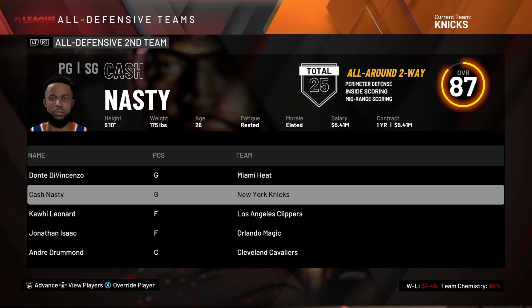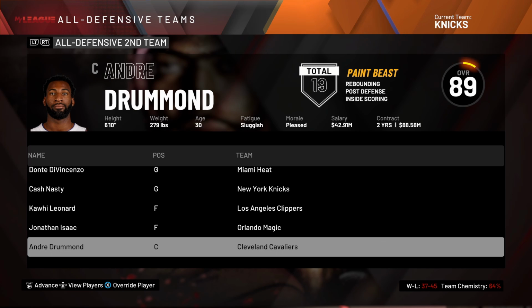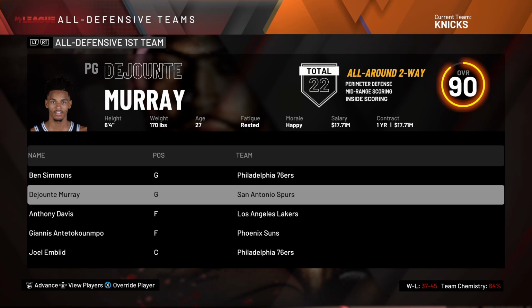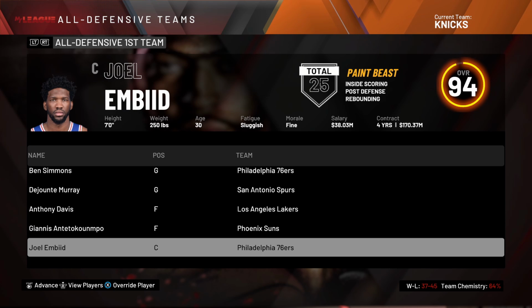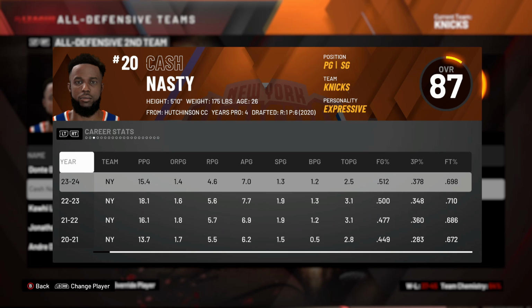See, look, in these career sims, guys like Jonathan Isaac, who's probably gonna win 87 Defensive Player of the Years in his future, he doesn't win them a lot. Neither does guys like even, I don't know, DeJounte Murray. The guards and the wing guys, they don't get a lot of love. It's usually just the centers and then Giannis and Kawhi. So Cash isn't gonna get the DPOY love, but we know,